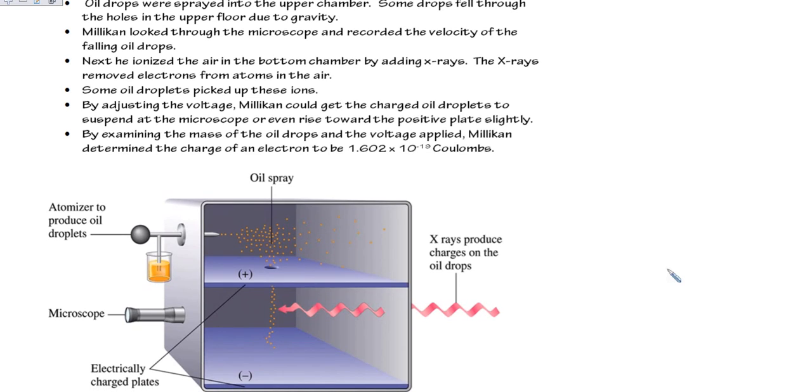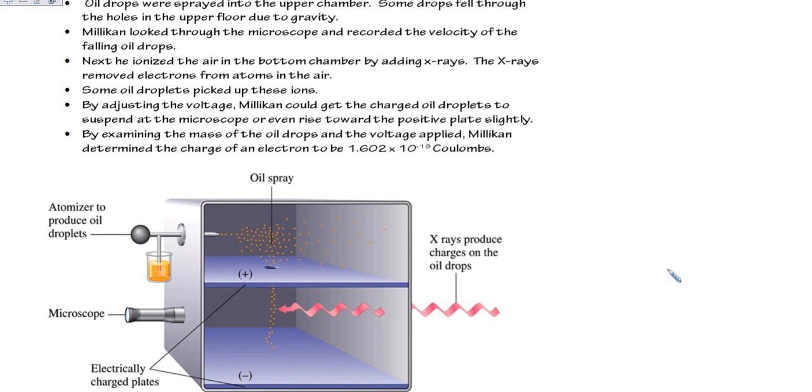So he's got this contraption, for lack of a better term, and obviously we need some oil. So he's got this sample of oil, and it's almost as if he sprays it in a real fine mist, as if it were in an aerosol can, where we can spray a fine mist of oil droplets into the upper chamber of this contraption. Gradually, those oil droplets will fall through this little hole into the bottom part,